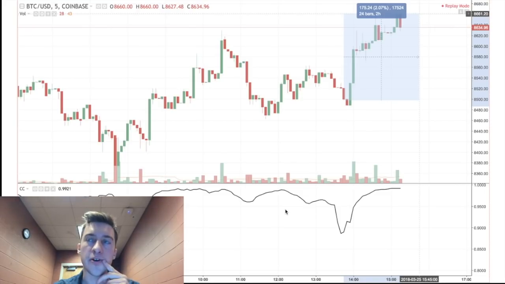Where do you exit with your arbitrage? Let's say you had bought in here. You're going to want to exit probably with a limit order and not with a market sell order. Because as you can see here, when the correlation coefficient goes from about 0.98 to 1, right now it's currently at 0.9921 with this example here, basically the exchanges are moving in tandem. That means that the inconsistency in the market has been filled and the arbitrage is over.